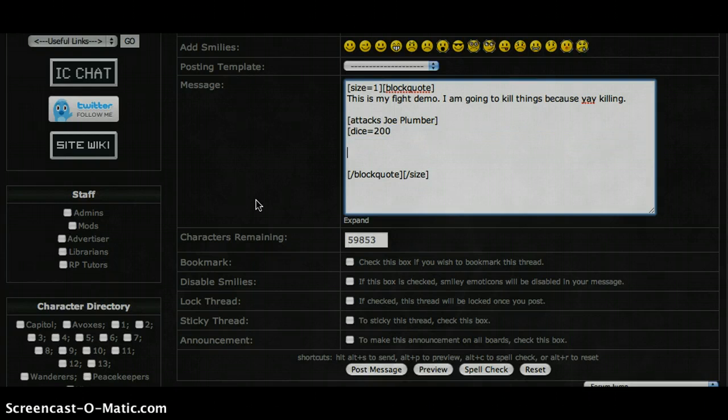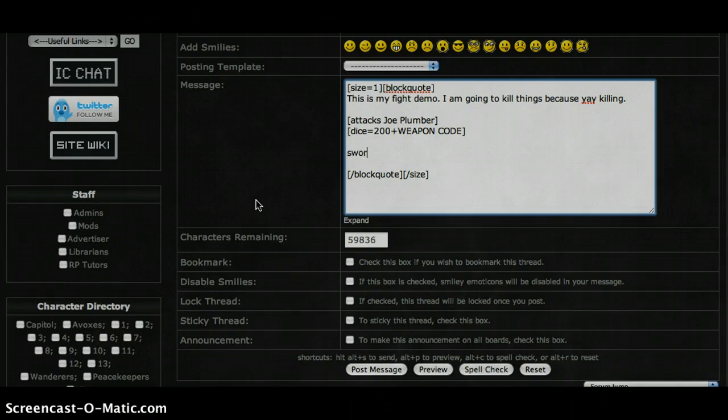Other than that, you're going to include plus, and then the weapon code, which is going to be a 4 or 5 digit number, something thousand, that refers to the weapon that you're using.